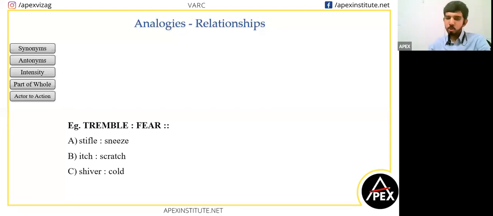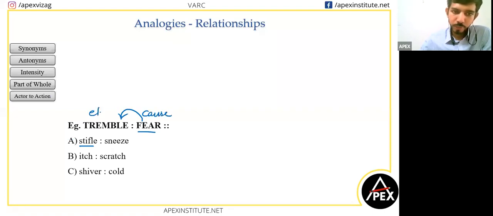Okay. So those who have not understood some words, I think stifle is one of them. Sneeze is okay. Rafael has put the relationship perfectly. Fear causes us to tremble, so the relationship here is cause and effect. And it is in the reverse direction. So just be watchful of this. Cause and effect.